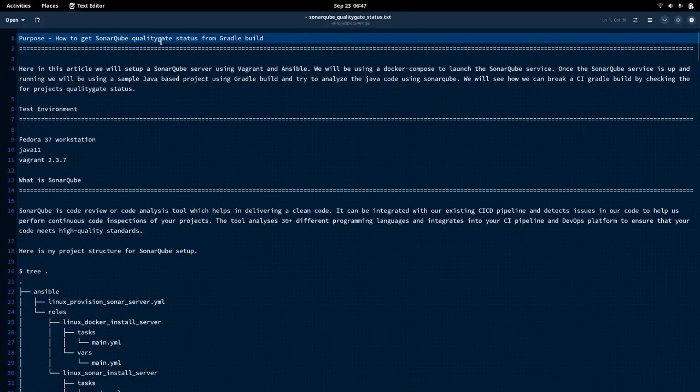Today we'll be looking at how to get SonarQube qualitygate status from a Gradle build. Okay, so here in this article, we will try to see how we can set up SonarQube using Vagrant and Ansible, and then we will be trying to do a Java build using Gradle. Basically, it is going to be a basic Java project that we are going to build using Gradle, and we